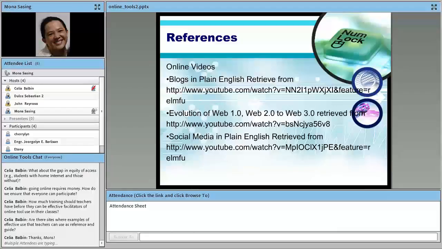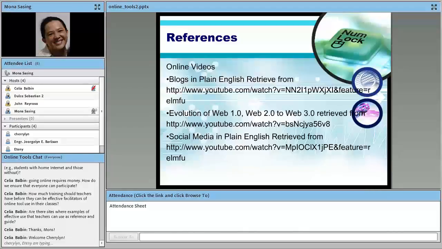Okay? So I hope you learned something from the session, even if you're users of online tools already. Kahit yung links lang siguro to these online tools, I think you'll find them useful. Some of you may not be familiar with any of these tools.